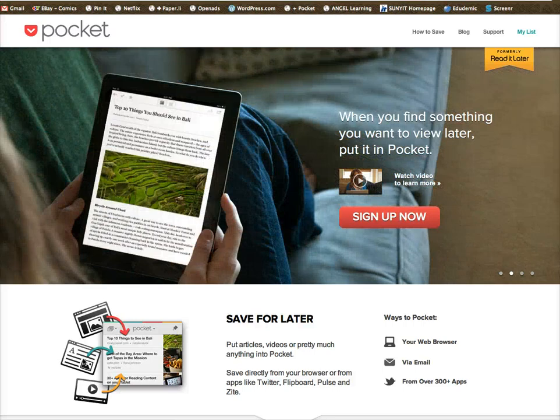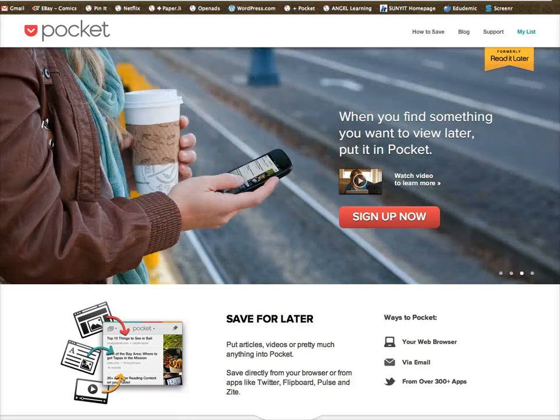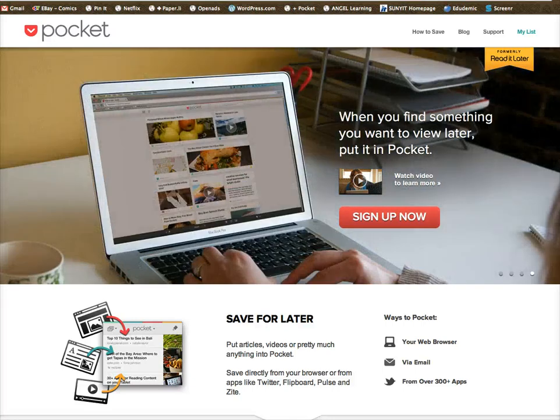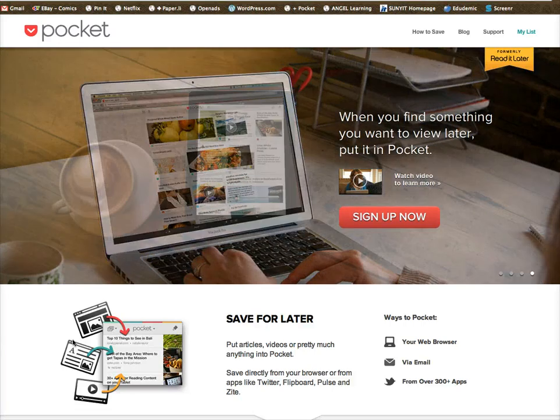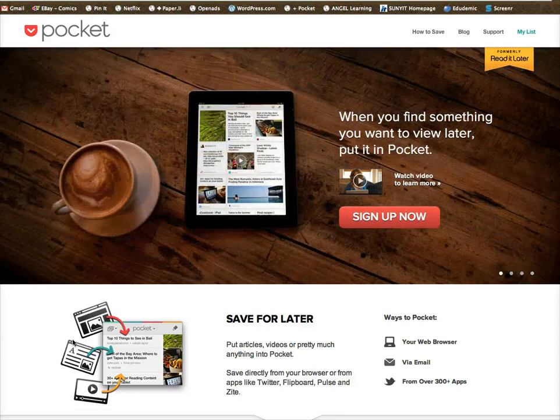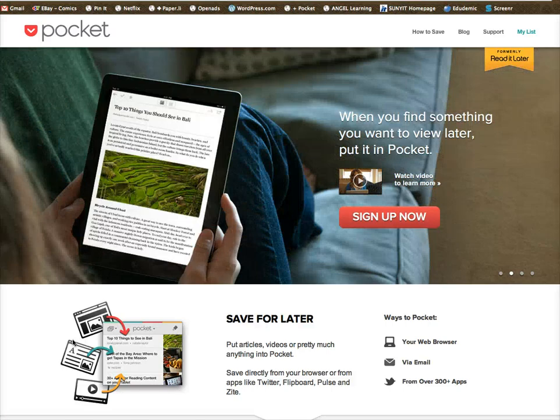So today we're going to take a look at a website and a service that I've been reading about here and there. I used it a little bit. It's called Pocket. Why I said I used it a little bit: I used it when it was called Read It Later, which is a fairly boring name. And so they went ahead and did a whole branding change to Pocket, which is kind of interesting